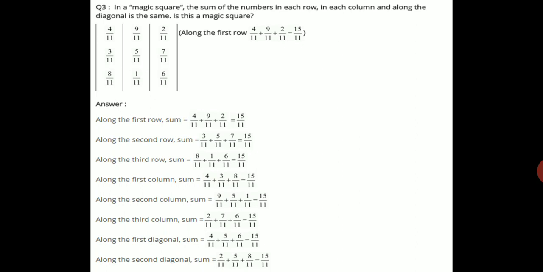Now first diagonal, we are seeing diagonal. Diagonal means in the form of a multiplication sign, you see diagonal like this. So 4 by 11 plus 5 by 11 plus 6 by 11, it comes again 15 by 11. Along second diagonal, 2 by 11 plus 5 by 11 plus 8 by 11 is 15 by 11. So it means this question number 3, the given box is a magic square. Understood now? Now next,